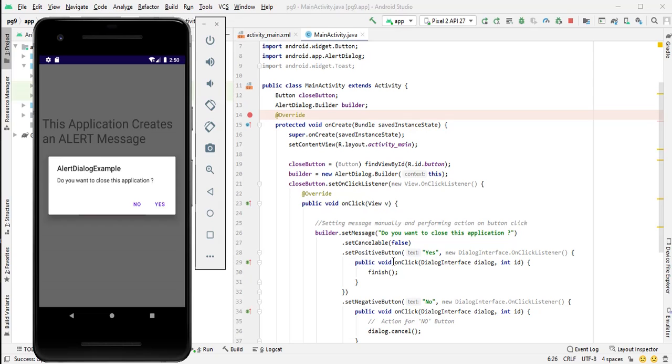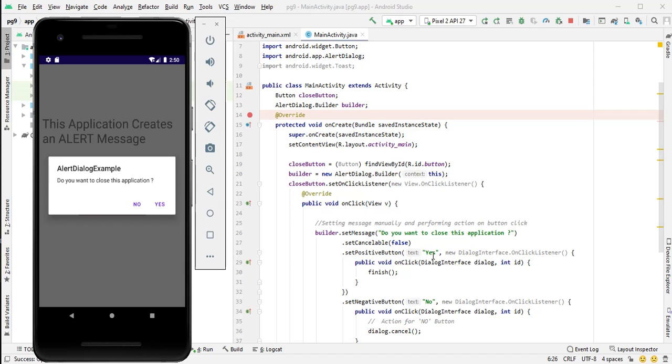Next, I have called the setPositiveButton method on the same builder object, because your alert dialog box contains a positive button. This setPositiveButton method takes two parameters. The first parameter indicates the text that is to be displayed for this button.